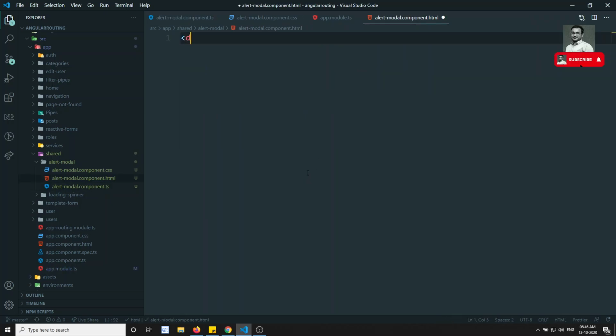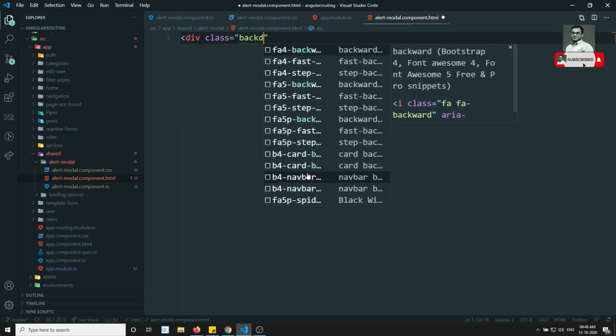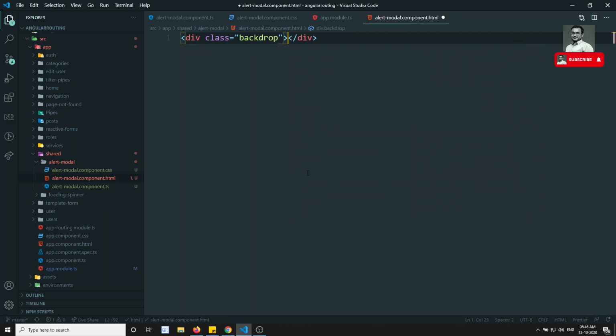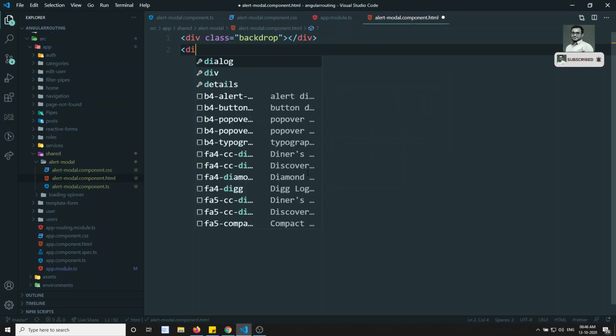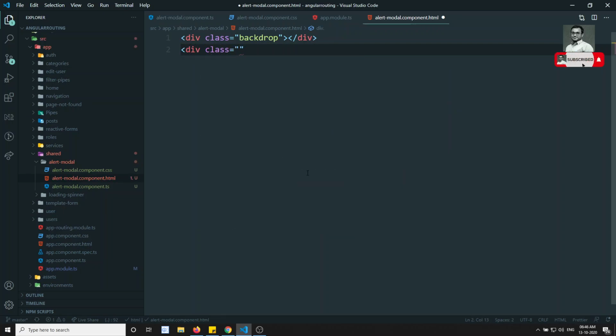So div class equal to backdrop first. Backdrop means that on the back side you will get a black color type of thing, and here I will give div class equal to alert-box.